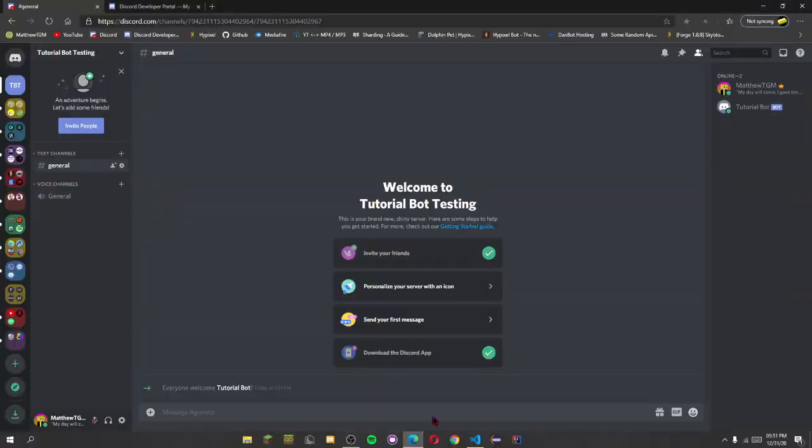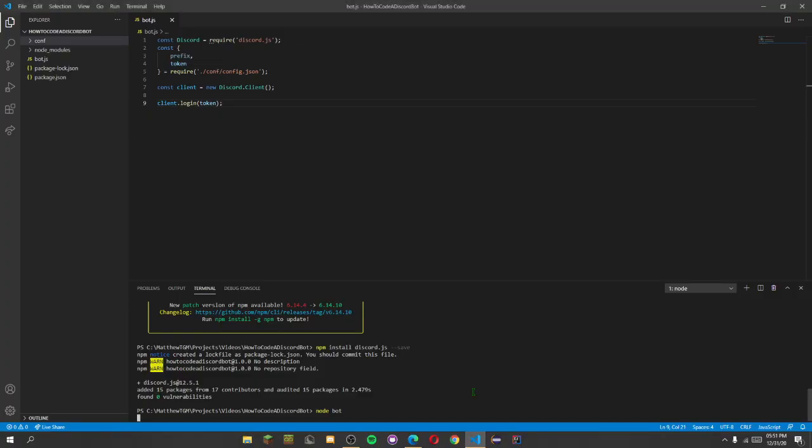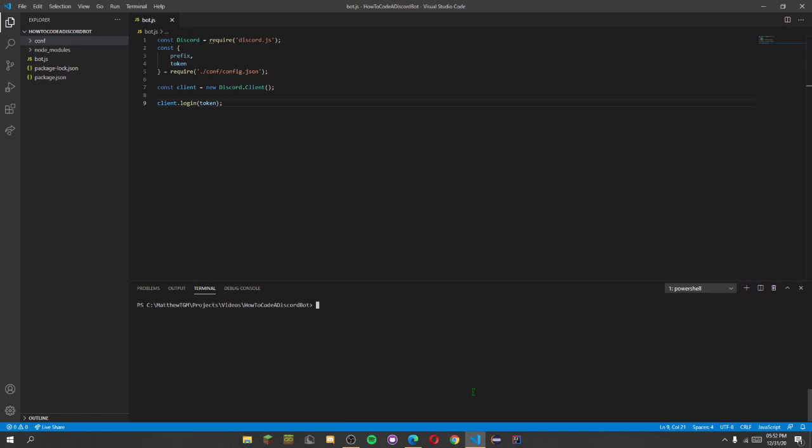So one last thing that I'll be doing in this tutorial specifically is showing you how to make it log once the bot comes online. So to clear out your terminal, by the way, you're going to want to type out clear, and to stop your bot when it's running, hold Control and press C. So back to our code, type out